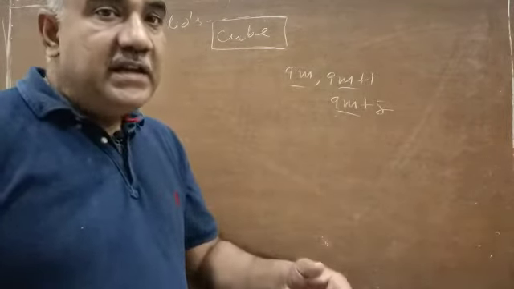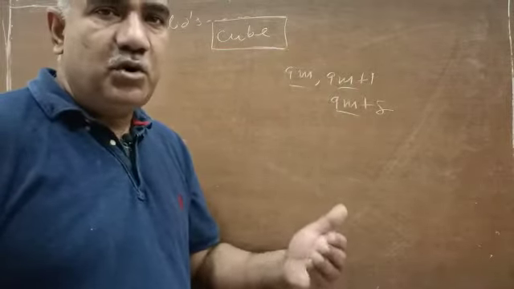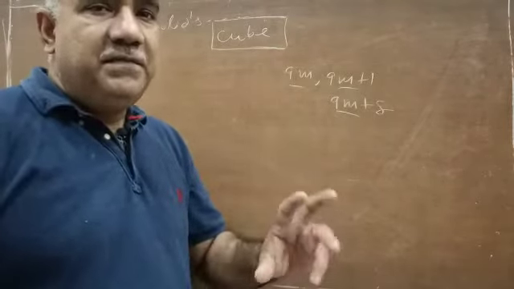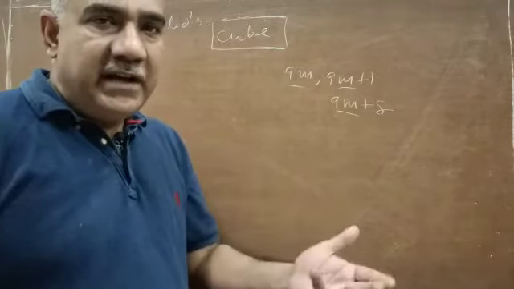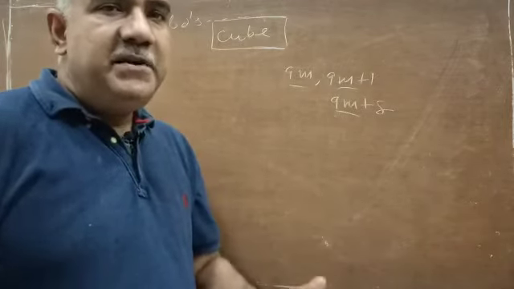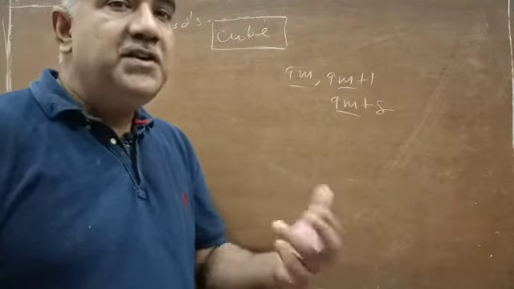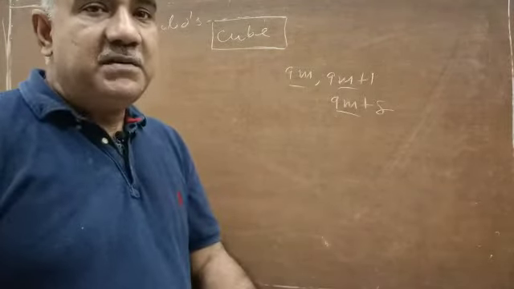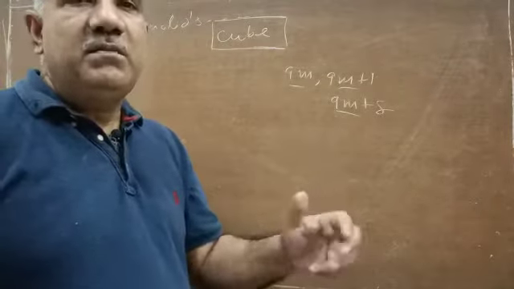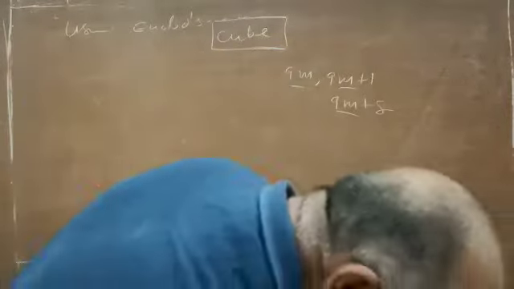But if I take 3 and I make cube of that, that becomes 27, and 9 can be taken out as common from 27. So the smallest such number, and why I am telling smallest, because if you take 9 and you take cube of the 9, definitely 9 can be taken out as common, but then you will be handling large data. Why should we? The smallest such number from the cube of which 9 can be taken out common is 3. So let us take here divisor as 3.